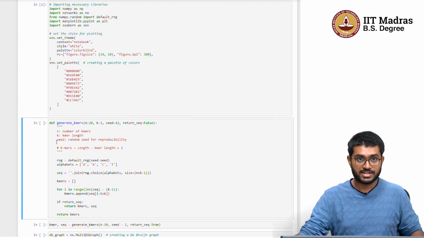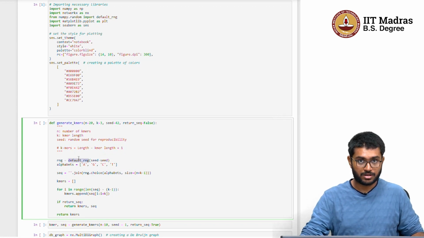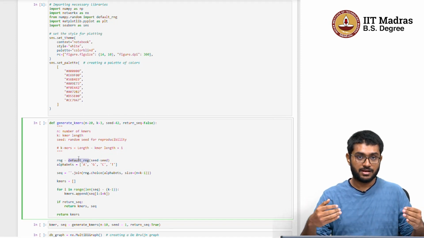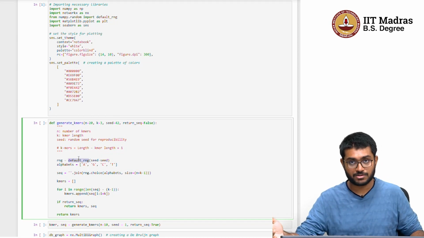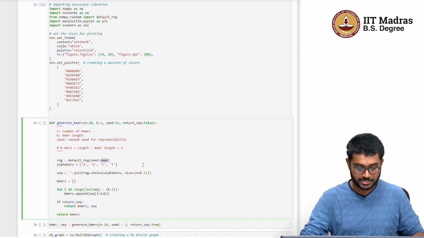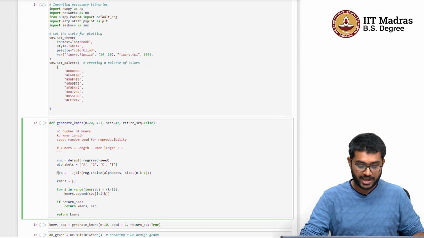And then to generate the sequence itself, I initialize a random number generator using this function. default_rng from the numpy.random package will create a random bit generator, which can be used for various functions such as generating probability distributions, samples based on probability distributions, choosing random values, and so on. I give the seed so that it's reproducible, and then I create a list of 4 letters. These are adenine, guanine, cytosine, and thymine. These correspond to the nucleotides that are present in the DNA itself, and then I generate the sequence using